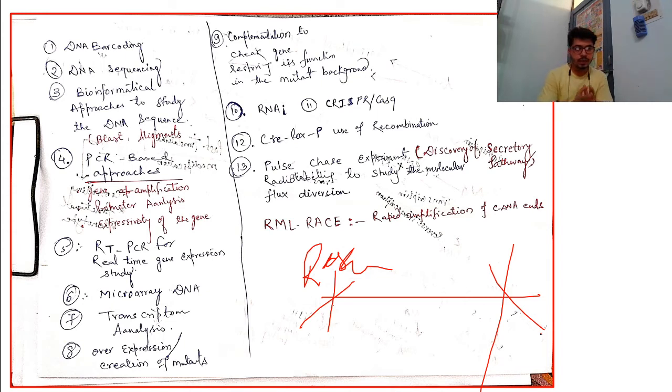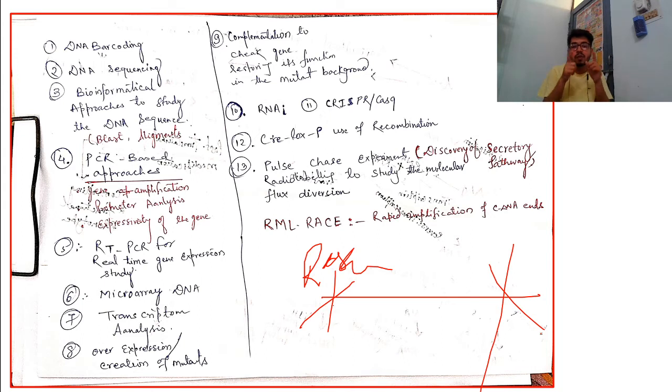And amplification, promoter analysis, expression of the gene; I will discuss in the subsequent slide how expression study is bifurcated into transcription level and translation level. RT-PCR is a really very prominent technique to know the number of transcripts produced in a spatio-temporal study at a given time point. आपने समझो seedling से आपने RNA निकाला and you want to know at this stage how a particular gene is affected. So RT-PCR can give rise to a value, and this value can give rise to a particular fold change.